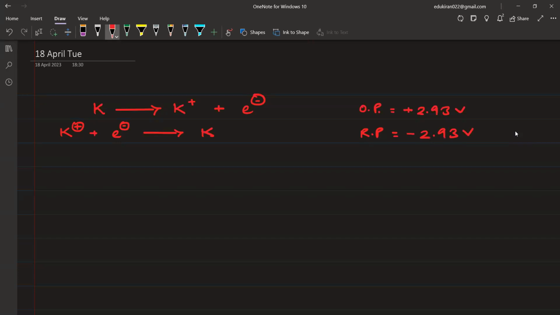Please remember this relationship for a particular redox couple. What does redox couple mean? For example, K and K positive, these are a couple, right? That means reduction is going to give from K positive to K, and oxidation of K is going to give you K positive. So it is known as a redox couple. So for a particular redox couple,